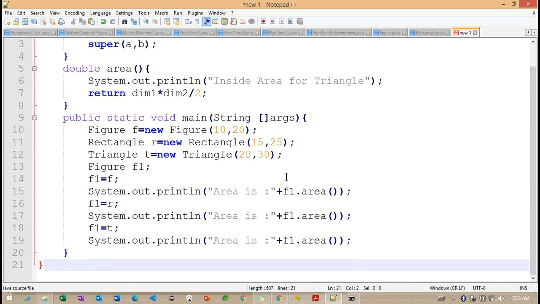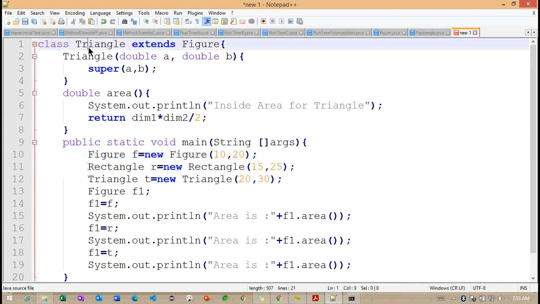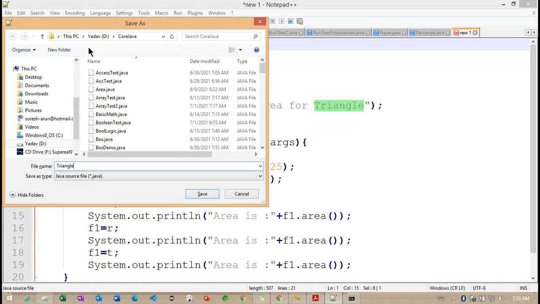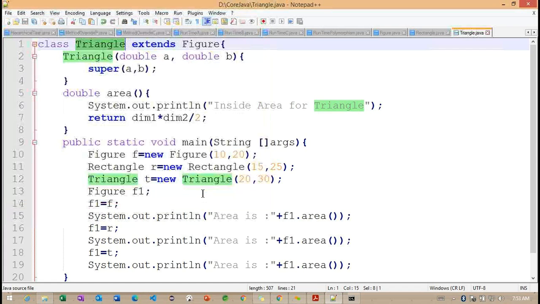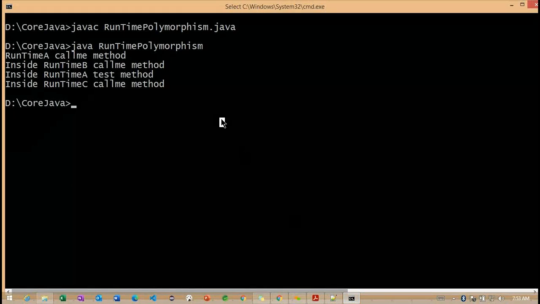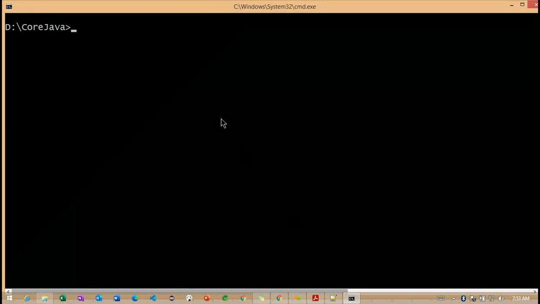So these are the classes we created. Right. Now we need to understand how these classes are going to run internally. Let me save this Triangle. Once we save this Triangle, clear the console.